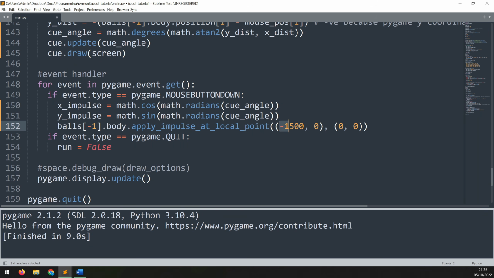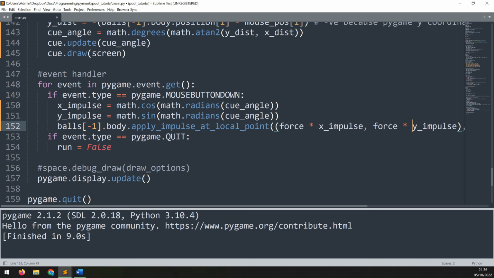Now we can replace this fixed x and y impulse here. So we will change this one, and we'll replace it with our x_impulse value, and then we'll do the same for the y_impulse. However, these are just the components of our angle, so I actually want to multiply this by an overall force. We haven't defined this variable yet, we'll do that in a second, but we will add force multiplied by these impulses. This will then allow us to change the power on the cue